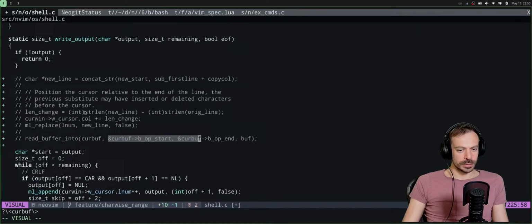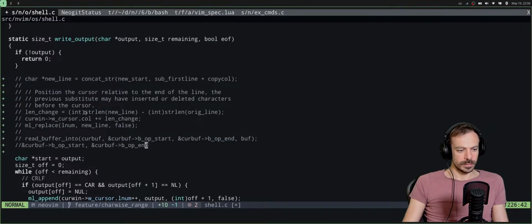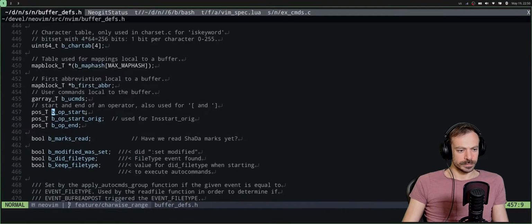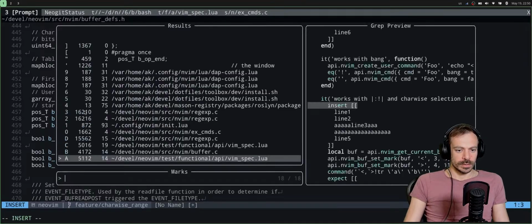So operation start and operation end. The current buffer. Starts and end of an operator, also used for these markers. If you see markers,